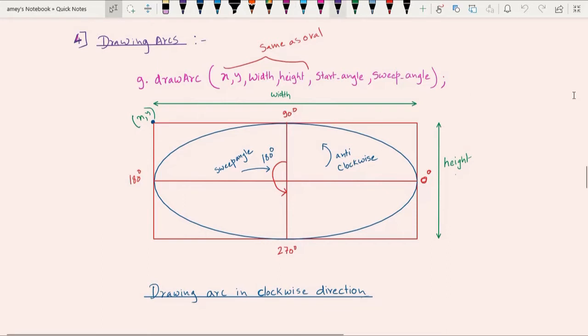Then the arc will be selected from here, and suppose the sweep angle I specify is 180 degree. It means from this point we have to sweep 180 degrees. So that takes you to this point. So if I ask you which arc, it will be this particular arc, this full arc.